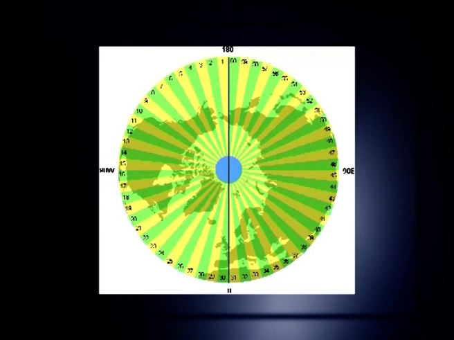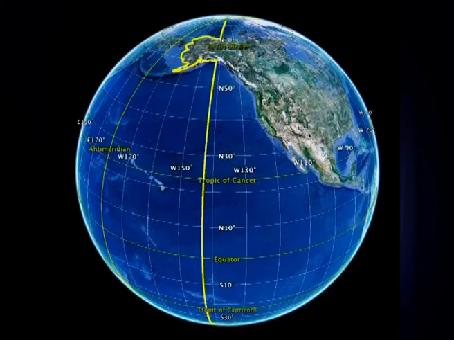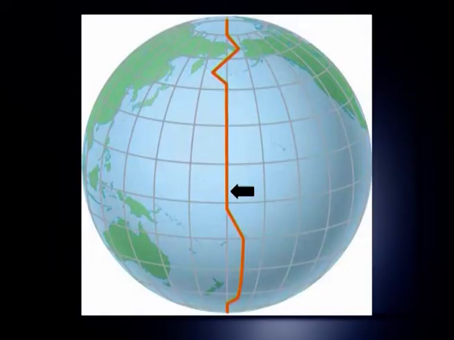UTM divides the Earth into pole to pole zones 6 degrees of longitude wide. The first zone starts at the international date line, which is 180 degrees east, and the last zone, 60, starts at 174 degrees east. Northings are determined separately for the areas north and south of the equator. Because distortion becomes extreme at northern latitudes, UTM is not normally used above 80 degrees north or south of the equator.